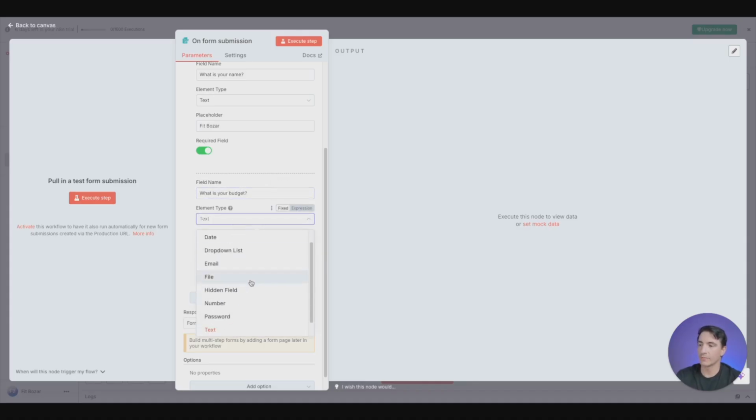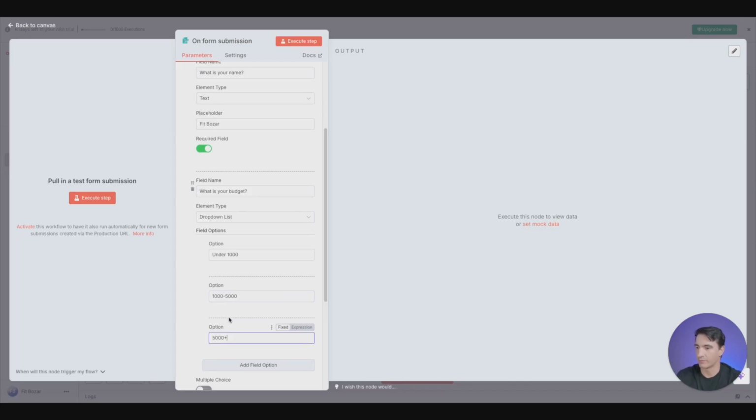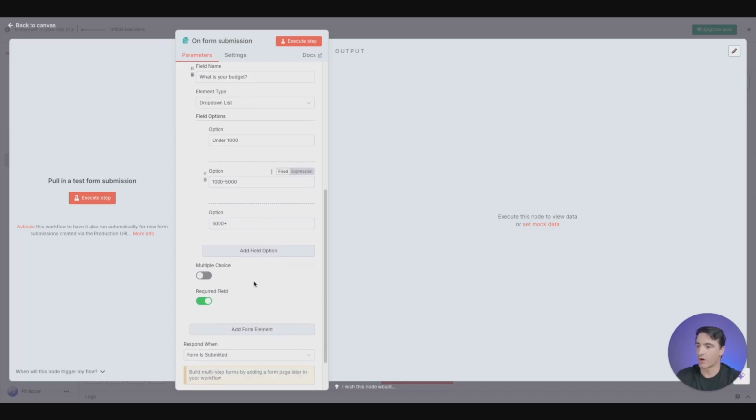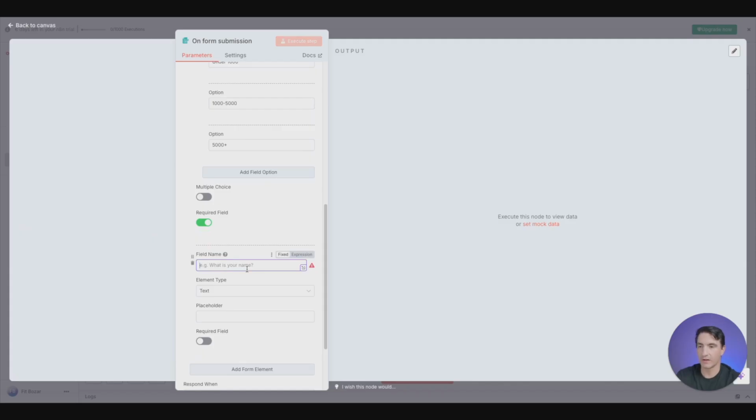And again, here we have different options. We can give people basically a multiple choice list. So we can do under 1,000, 1,000 to 5,000, and maybe finally 5,000 plus. We'll make this a required field, and we can add maybe a final form element to describe the project, for